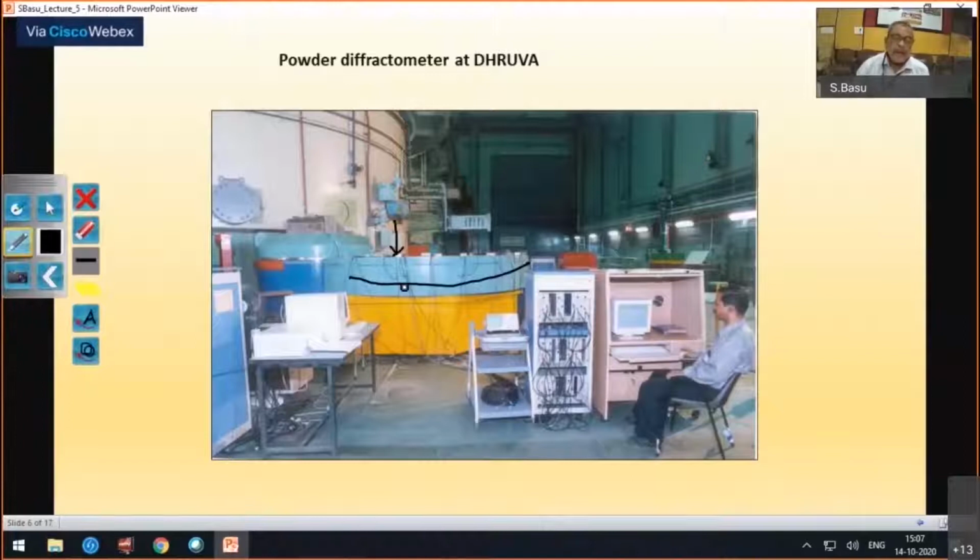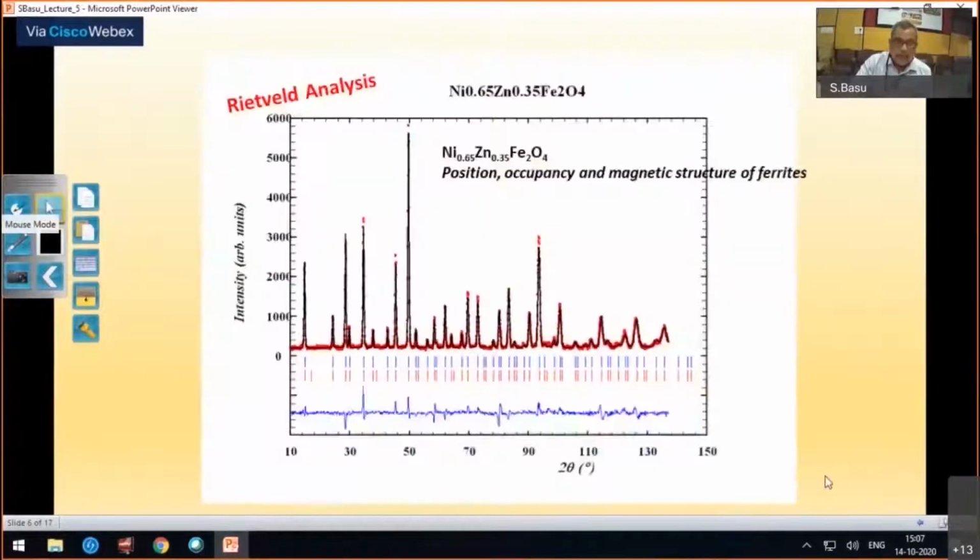Energy is related to time or dynamics. We don't do that here. And what you get is data which looks like this. In later modules, these things will be taken up in more detail. I just want to show you some data.